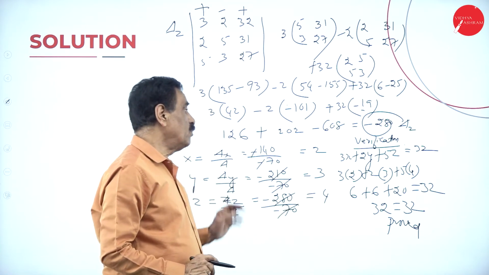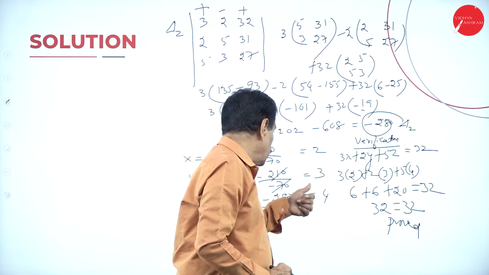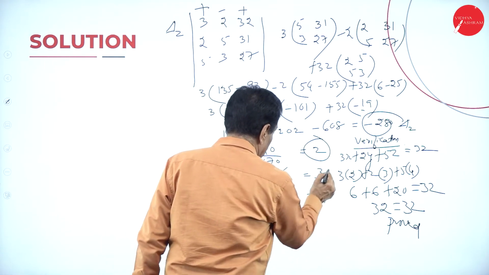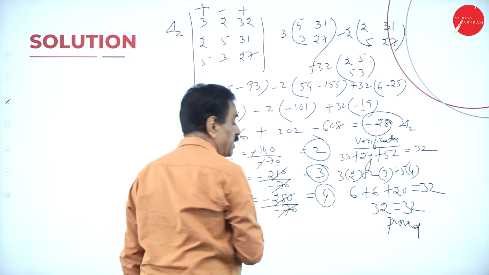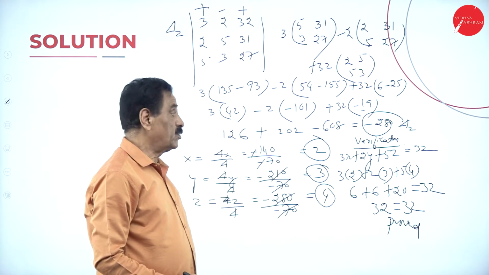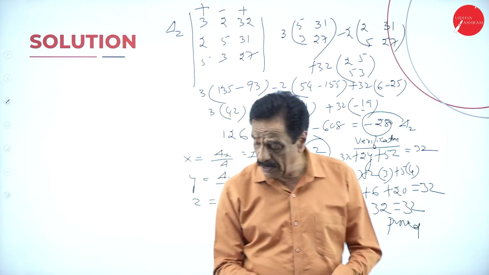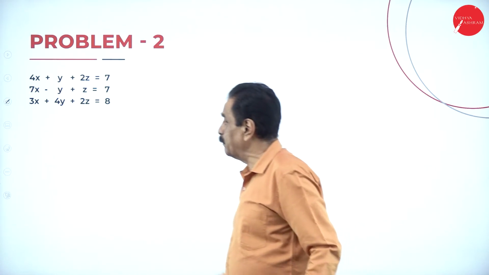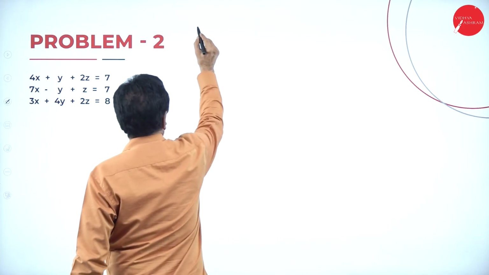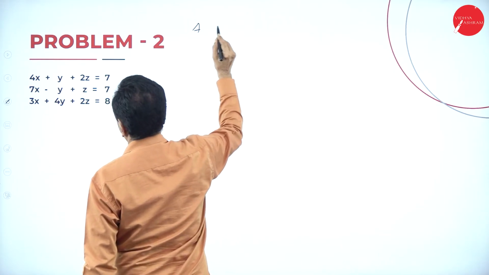So this is 2 for x, this is 3 for y, this is 4 for z values. Hope you understand this. I will move on to the next problem slowly. Same type. Second problem, same type. First you have to do for delta. Delta is equal to